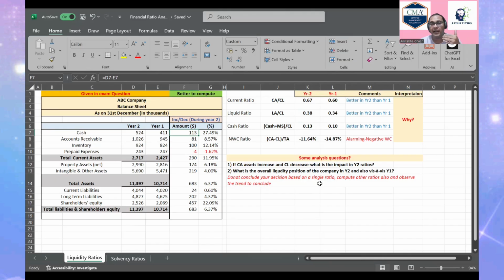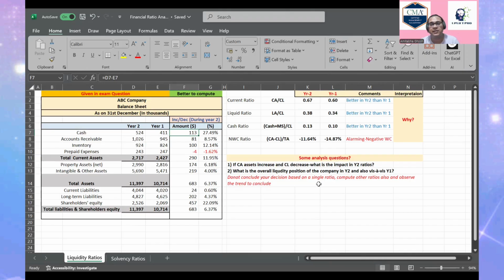And when you are interpreting it, please be careful that you don't interpret on the basis of only one component. Take into consideration the impact of all the components. Now, another extension which might come from our question is that some analysis questions can be given. So I have just put in two questions which have come to my mind, which can be important for the